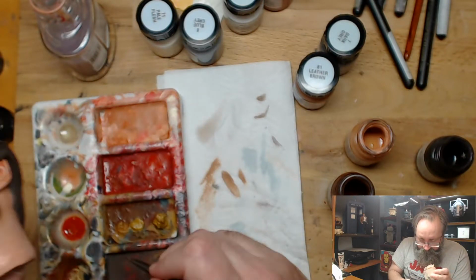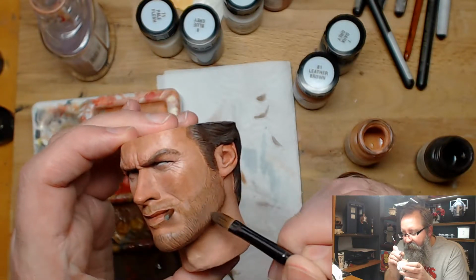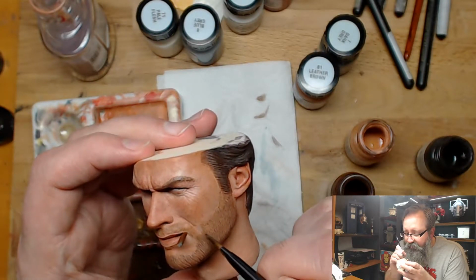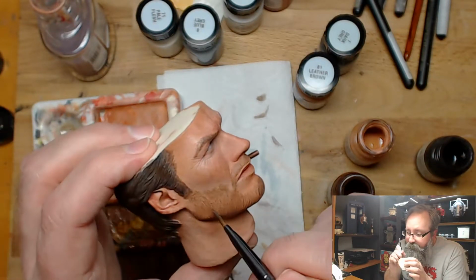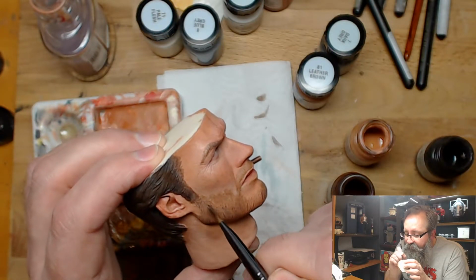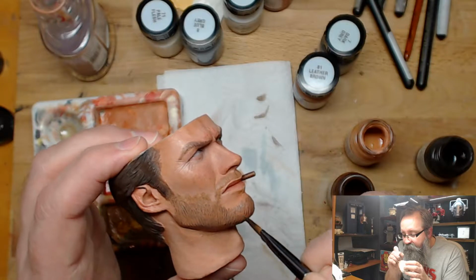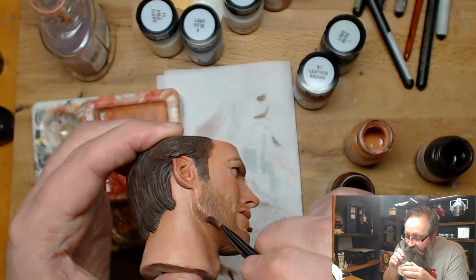Do I build up on those layers? Do I ignore them completely and do my own thing? But I sort of need to know, because they are sculpted there and they are quite strong. So I'm putting on a relatively thin but dark wash, and that will just soak into those sculpted lines,